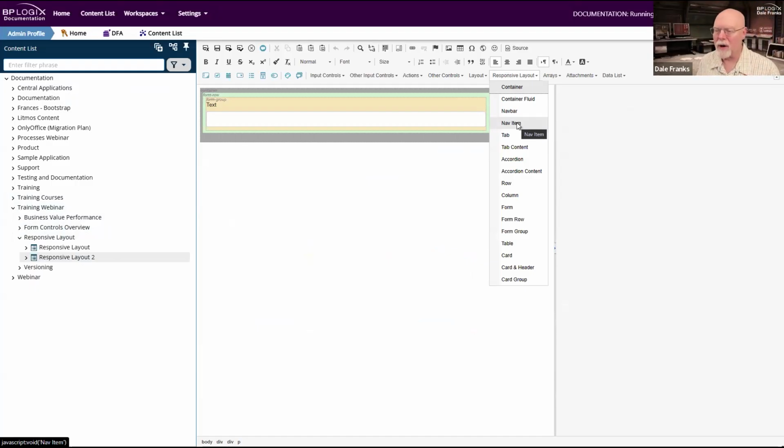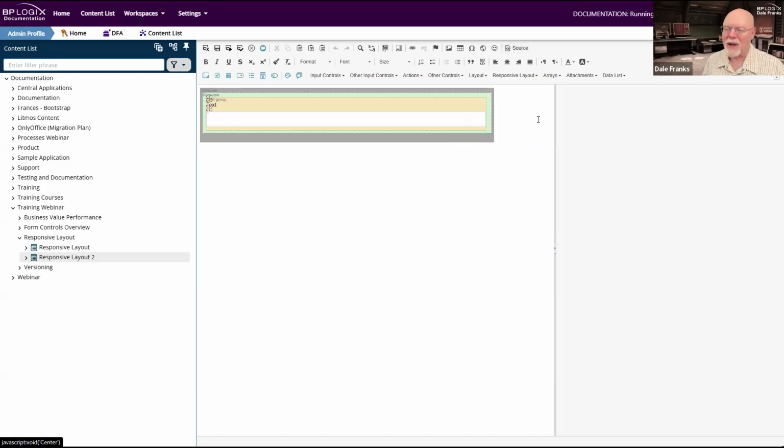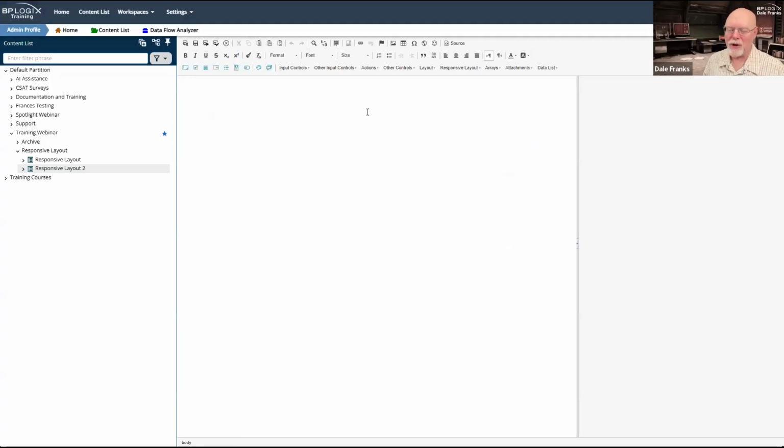The reason is that to make this work properly with the nav item, you would have to go into the HTML source, and I just don't want to get into the difficulties of trying to directly edit the source for a Process Director form. So with that caveat, we will go back to training and we'll use these existing responsive layout controls.